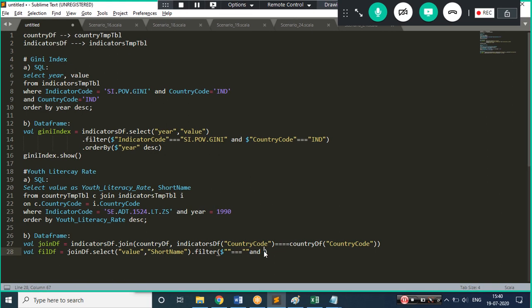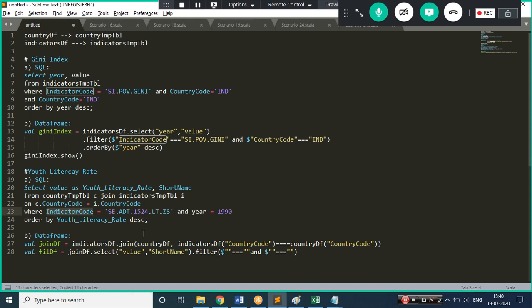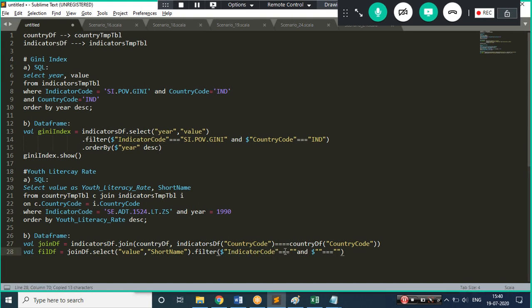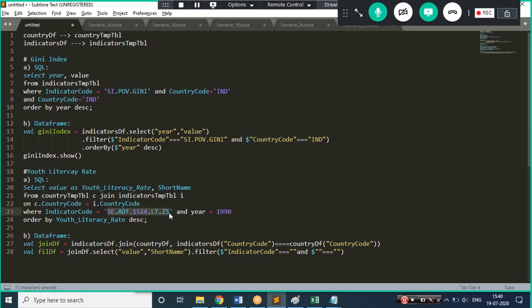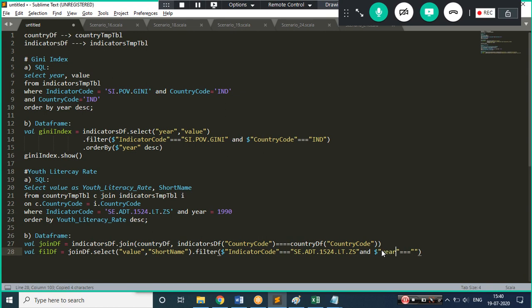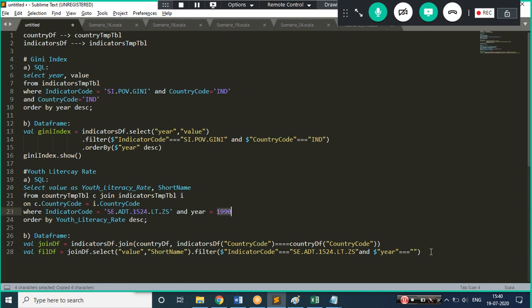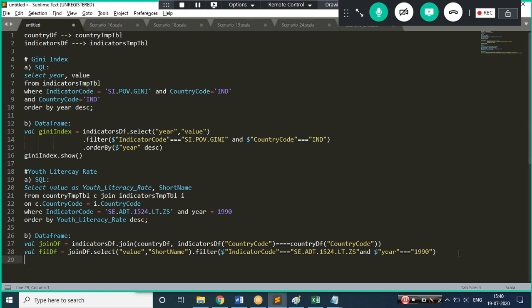Let's go with one more column, so I just need to do copy paste. Once my code is written in SQL, in data frame just the syntax will change, but the values will remain intact. So I'm just doing copy paste. It's making my life easy. The only thing is, once I need to put effort, but ideally you will not do both things in your project, I'm just trying to show you the different things. So it's 1990, I do not need to write this, let it be, it does not make an issue. So this will be the data frame created.